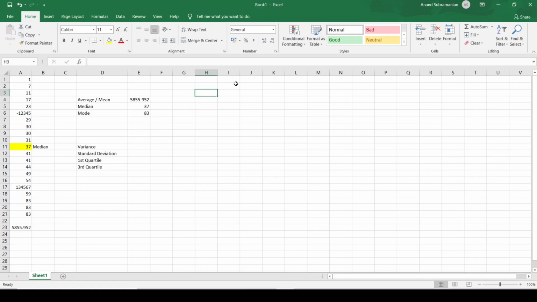For example, if marketing had 20 employees, finance had 18, IT had 25, and HR had 10, then IT, since it has 25 employees, would become the mode of that particular data set.